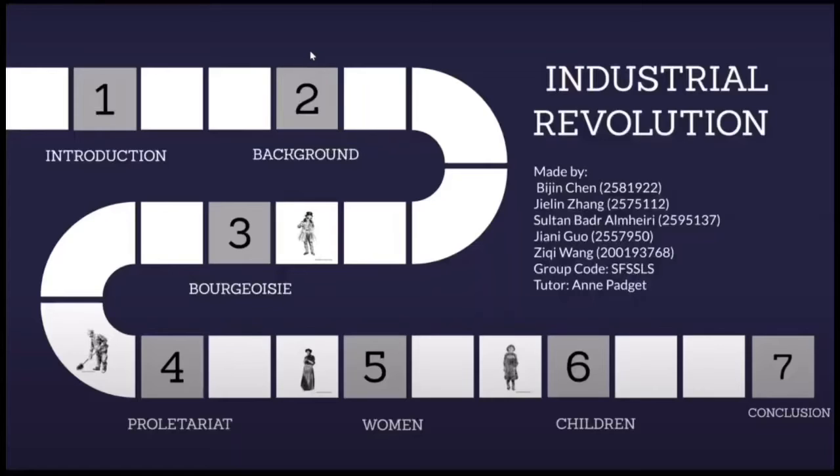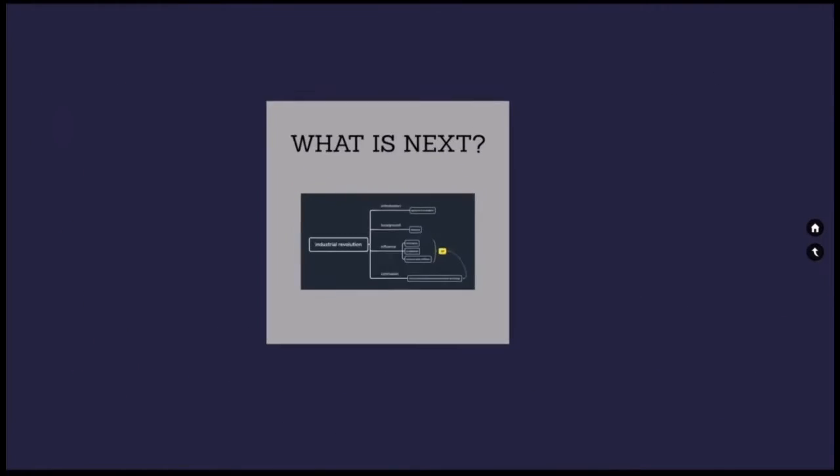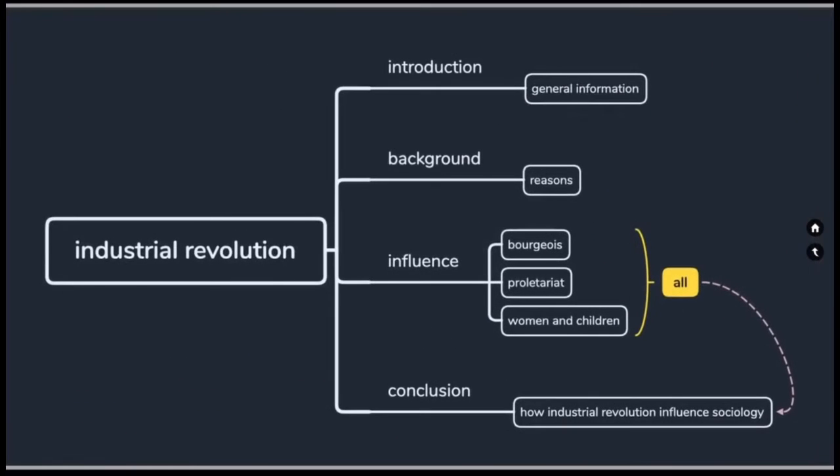This presentation is about the Industrial Revolution. We will explain in detail the background of the Industrial Revolution, the bourgeoisie, the proletariat, and finally, women and child labor. The Industrial Revolution was a period of development where it changed many societies into